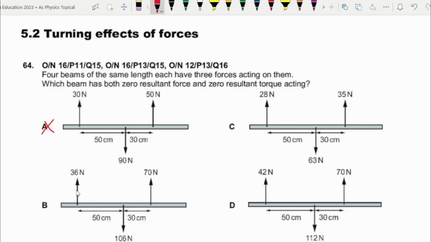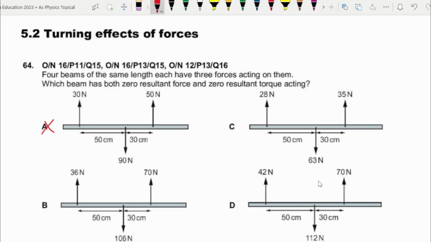Let's go for the option B first. So what is the overall resultant force? Is that zero? Let's check it out. 70 plus 36 would be 106. Upward force is 106. Downward force is 106. So it might be the option. So let's skip this one for a while. The last one,